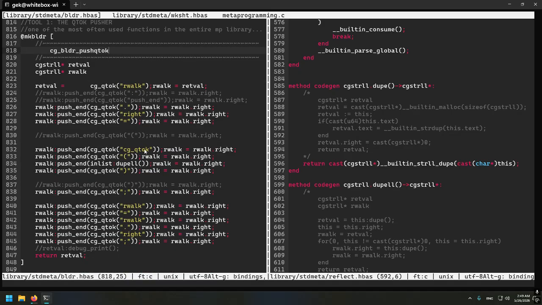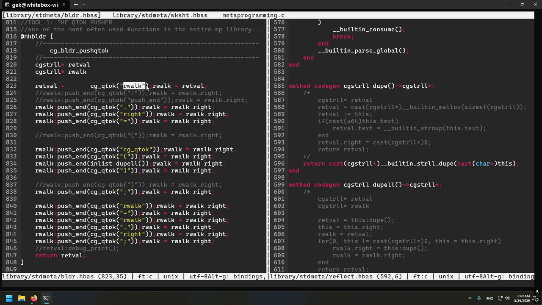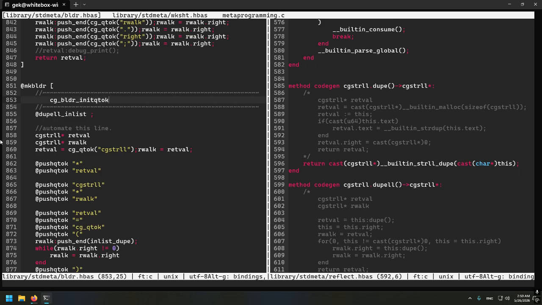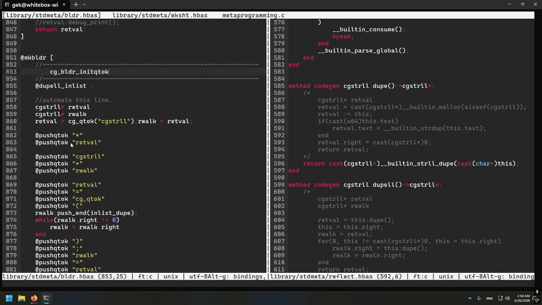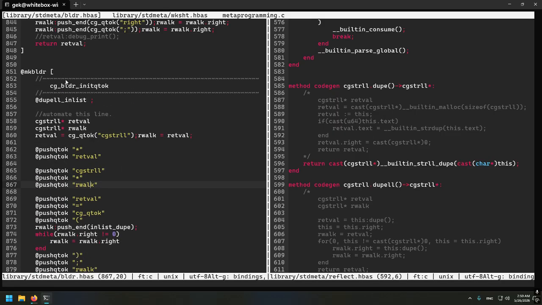This right here, push qtoke, is just going to take qtoke, then push it onto the end of whatever list is currently being pointed to by rwalk, which is a function I very frequently use inside of my builders, right? Init qtoke, this defines retval and rwalk, right? And so basically this is how you begin constructing the output of a